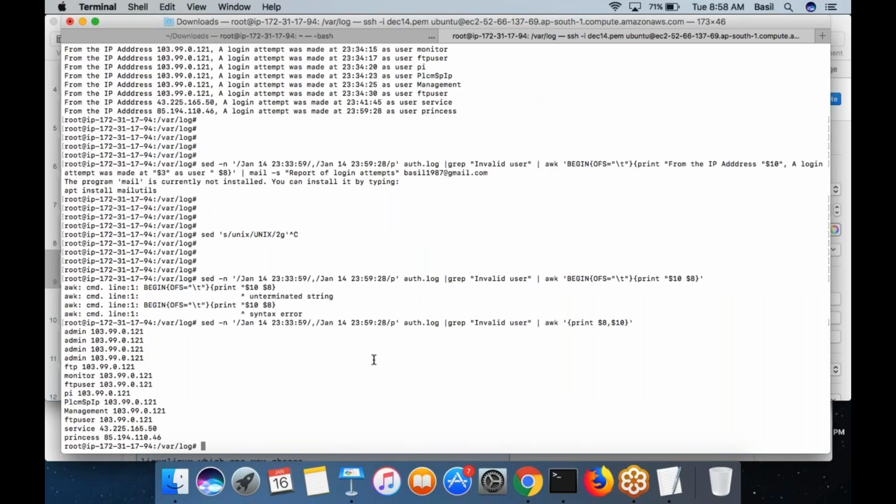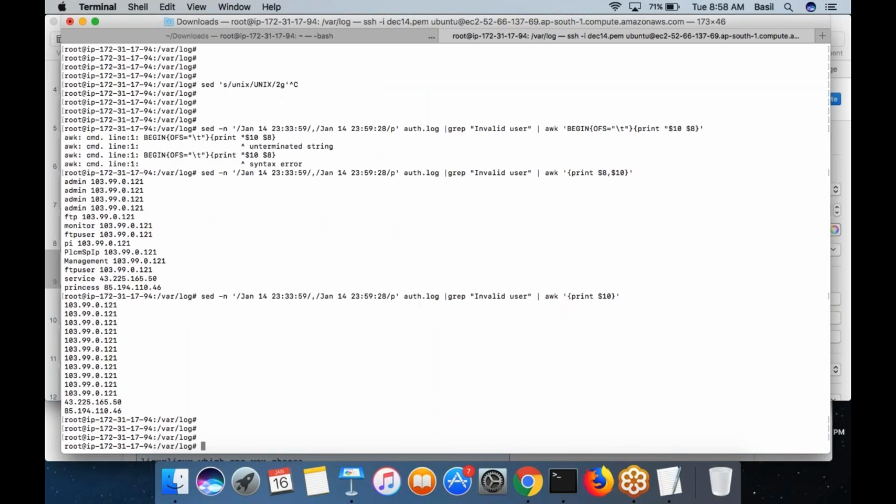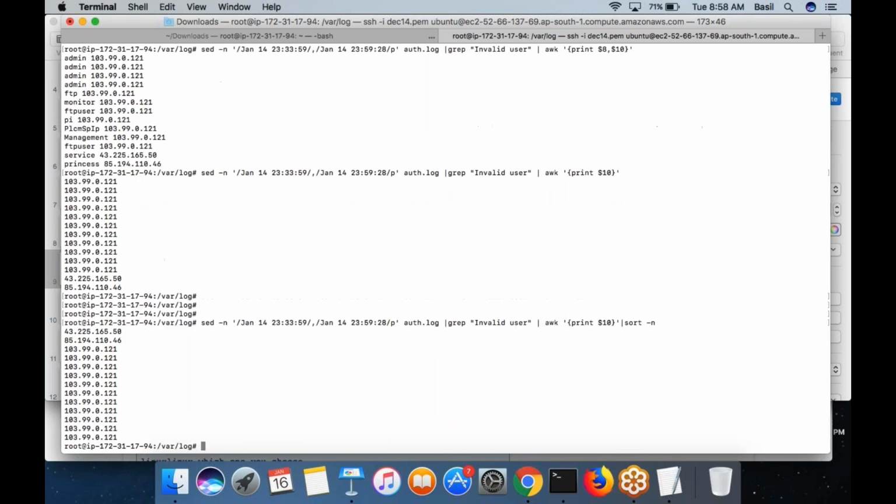Then first you get the list of IPs, only $10 you print. Then there's a command called sort -n in Linux, which would sort the output based on number and digit.